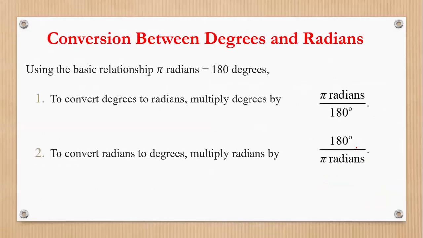Now the question is how we can convert the measure. If you have a radian measure, how can we convert it to degrees? Or if you have a degree measure, how can we convert it to radians? So all we do is multiply by a fraction, and that fraction is pi over 180 or 180 divided by pi. Because you know in any circle,